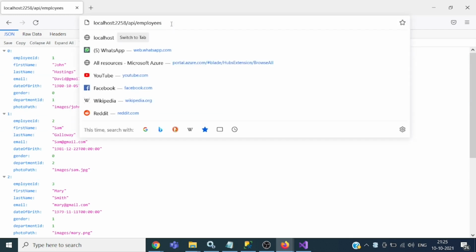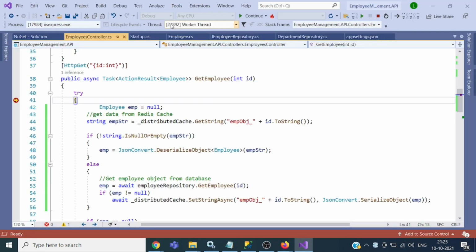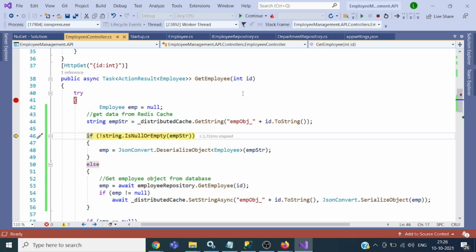Now we will request for a specific employee ID. Suppose 2. So employee ID is 2. So we have a retrieve from cache. So let us see. This is null. Okay. So no data is there in the cache.